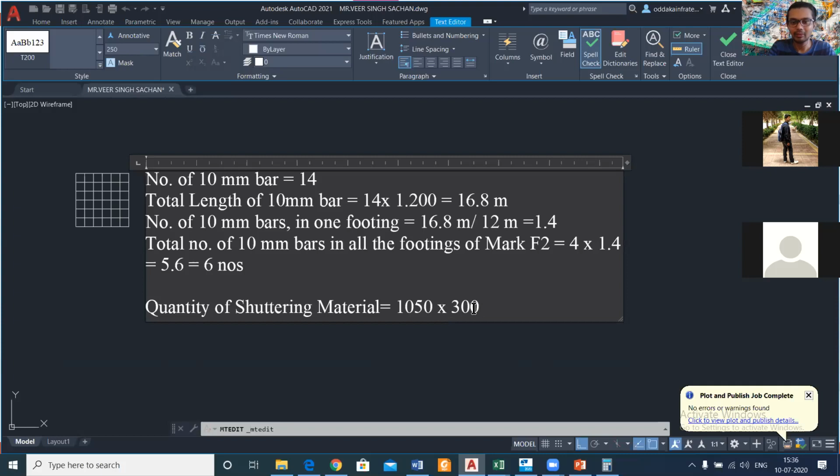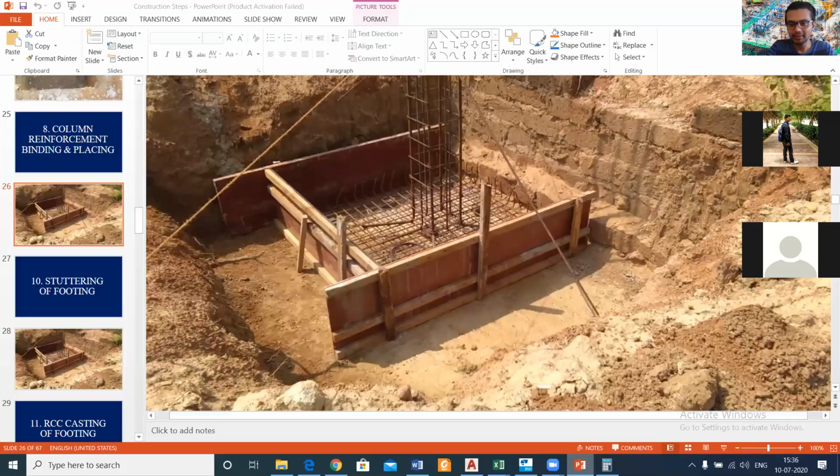This much shuttering material will be used along two sides. For the remaining two sides, the depth will be the same, but the length will be 75 more along both sides, that is 75 along this side and 75 more along the other side.